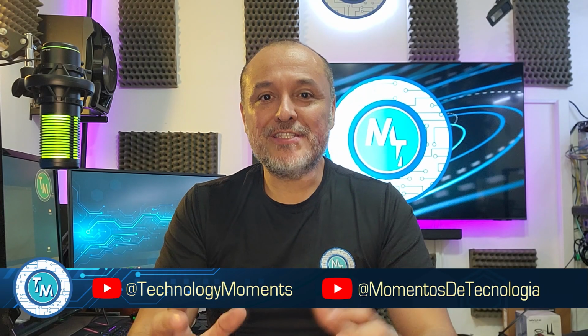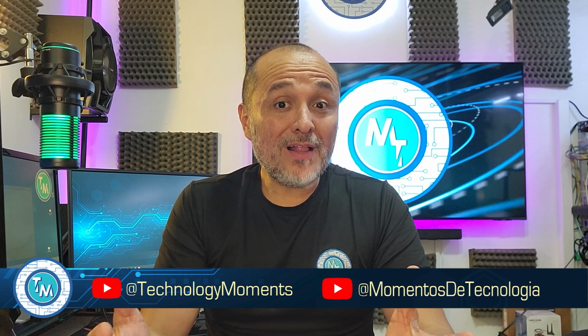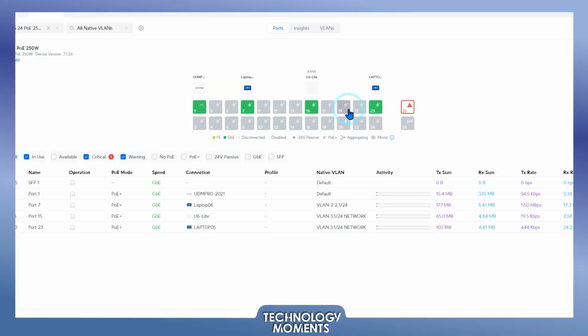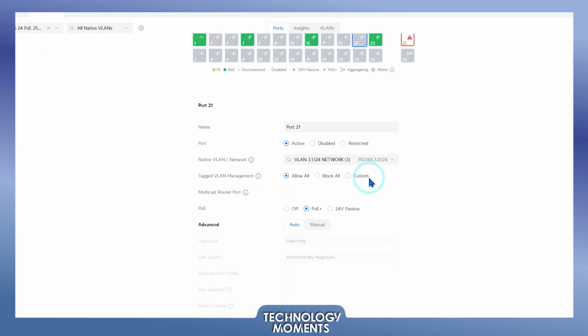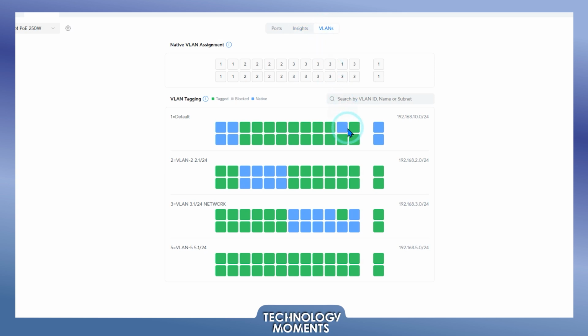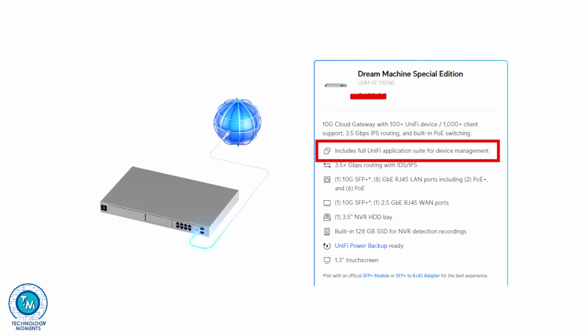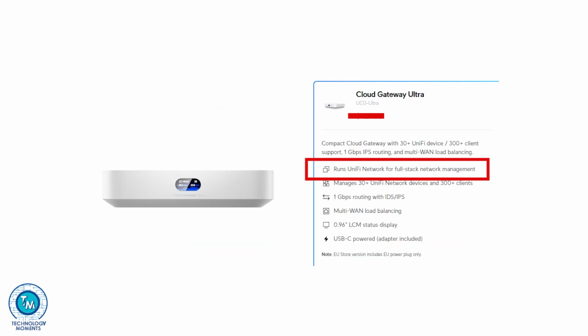Hello guys, welcome once again to another technology moment, and actually to several tech moments, a little renewing certain content related to UniFi equipment, which has not only changed in terms of its functionality, but has also changed in terms of its graphical user interface that involve practically all the UniFi gateways. All these devices are capable of hosting the controller service in your network for those of you who are interested